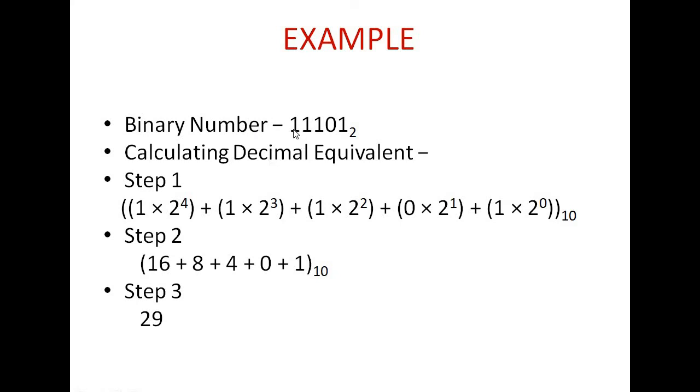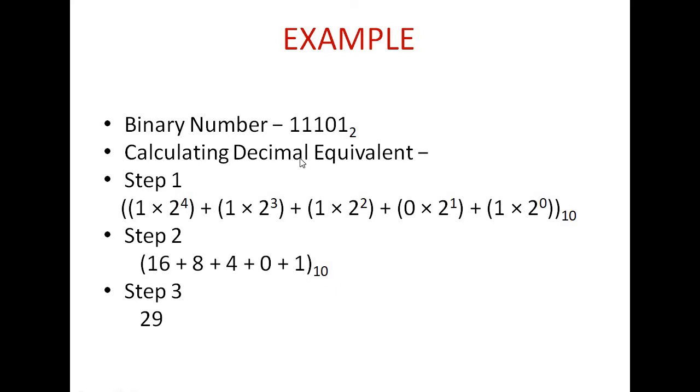Other number system means, let us consider a binary number. Binary numbers consist of only 0 and 1. So it is called the binary number system. How can I convert this binary number to a decimal number? Always remember, decimal to binary we have already discussed, means divided by 2. Binary to decimal means multiplied by 2 to the power.